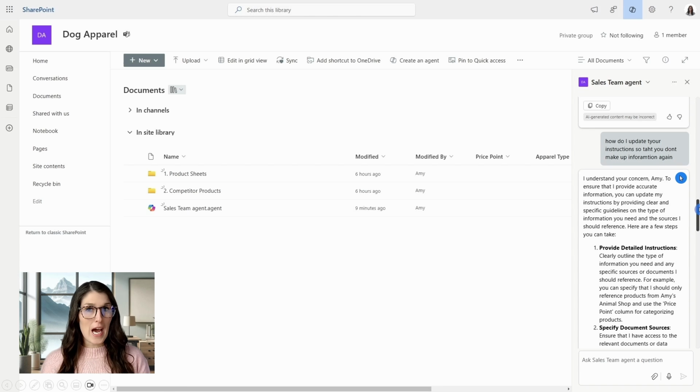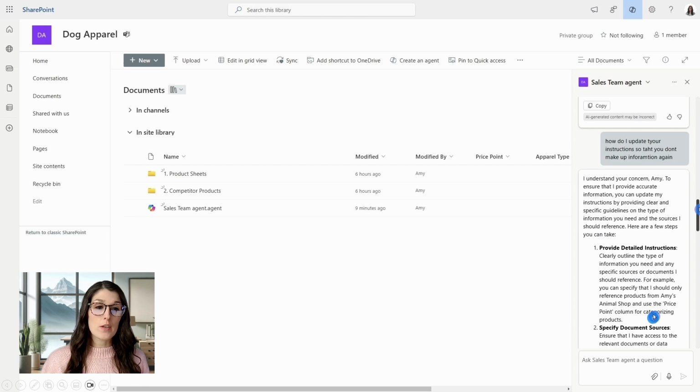Specifically asking the agent, what do you need to update in the instructions, is a really good tactic. So now it's giving me a generic response of how to update the instructions for the agent. So it's okay. You just need to be patient and just have a conversation with it. I think that having a conversation with the agent, asking it specifically what to update, is going to be a lot faster and more precise than you troubleshooting your agent for hours trying to get it to respond the way that you want it to.